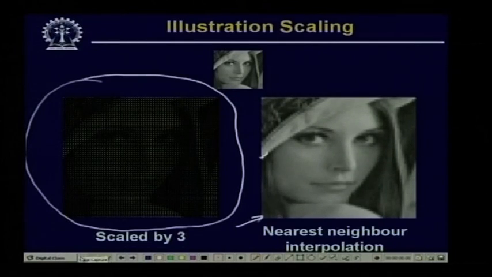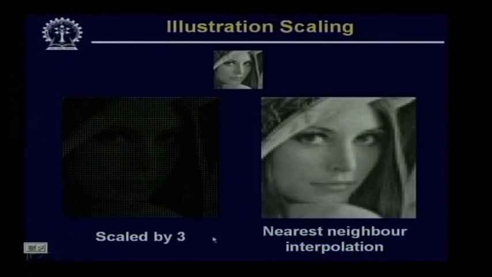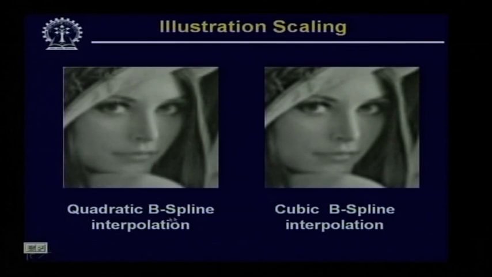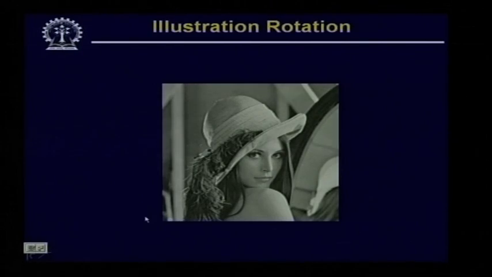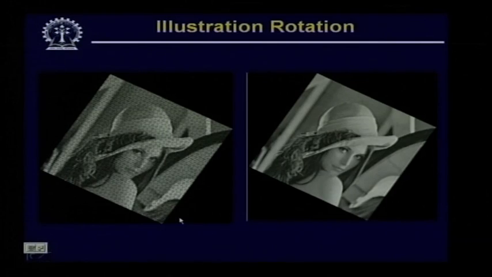Similarly, if I go for other interpolation techniques, if I use quadratic B-spline interpolation, then this is the quality of the image that we obtain. If we go for cubic B-spline interpolation, then this is the quality of the image that we can obtain. The same experiment is also done in case of rotation. This particular image has been rotated by 30 degrees, and if I do not apply any interpolation, so without interpolation